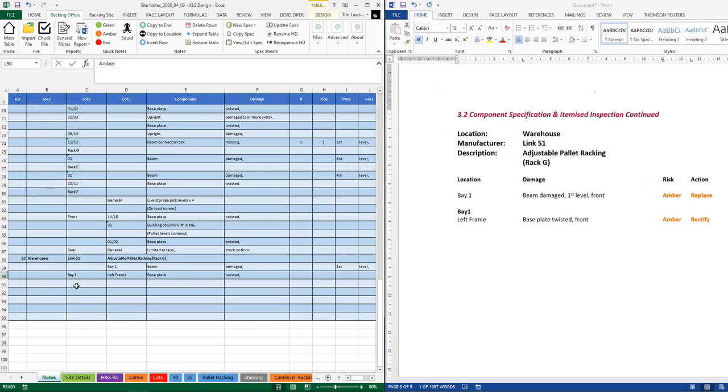Oops, let's exit that. What we'll do, we'll make this even more complicated still. So I'll now use location 1. We'll notice that because bay 1 is entered in location 2, it's left that and it's just pushed this one down to the next line down, and this will do exactly the same as well. So if I say, let's say it's the rear face, bay 1, and we'll say left frame again. Okay,